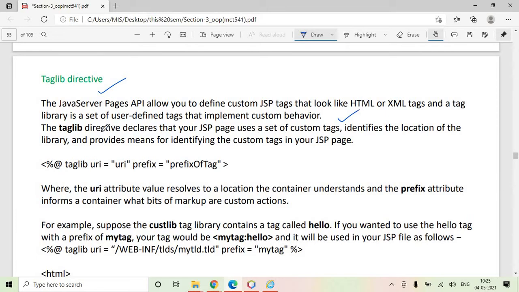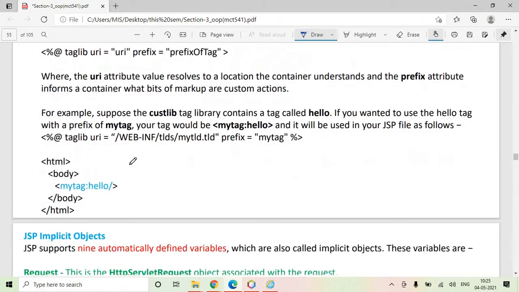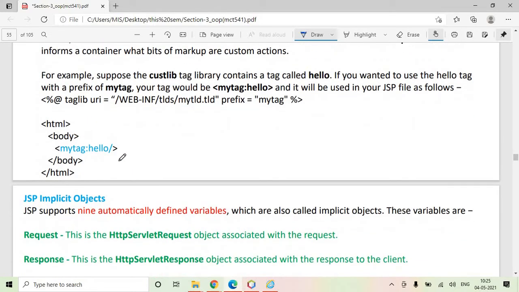But using the taglib directive, you can create your own tags. So here it has created a tag, say my tag hello. Whatever functionality is defined for this hello tag will get executed.